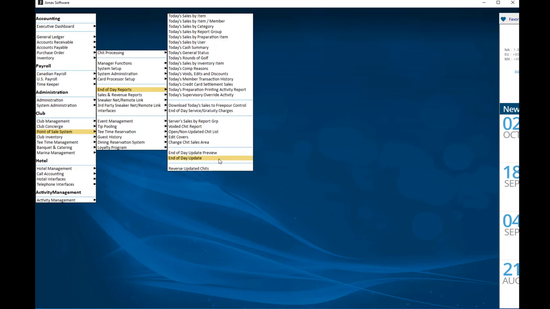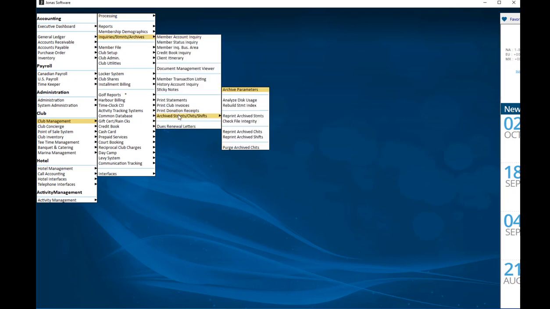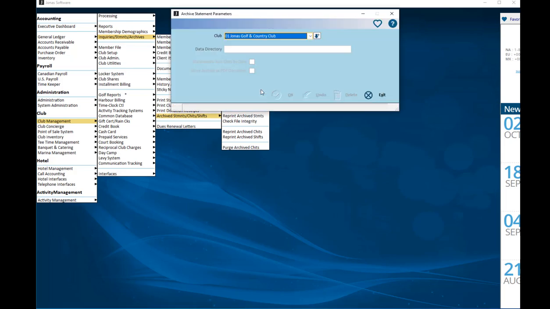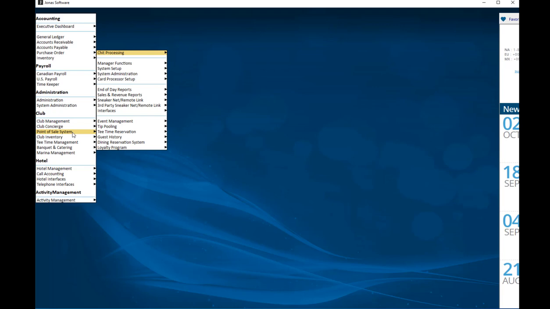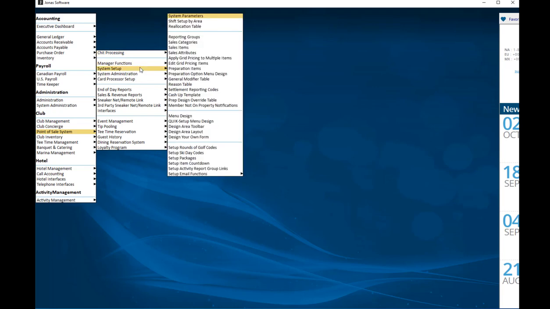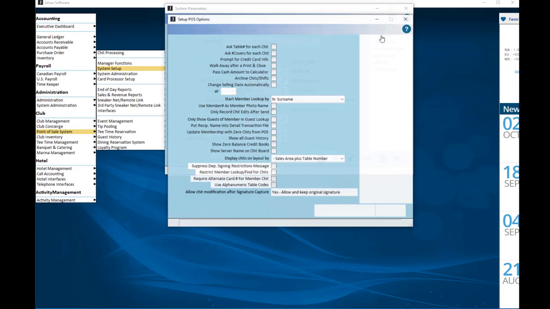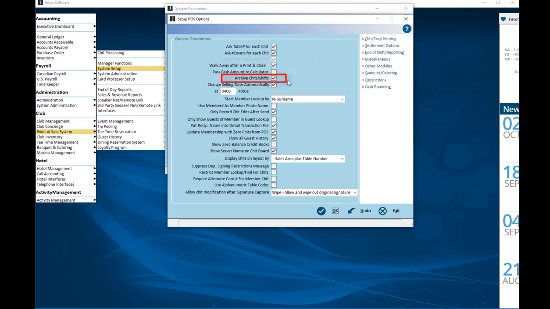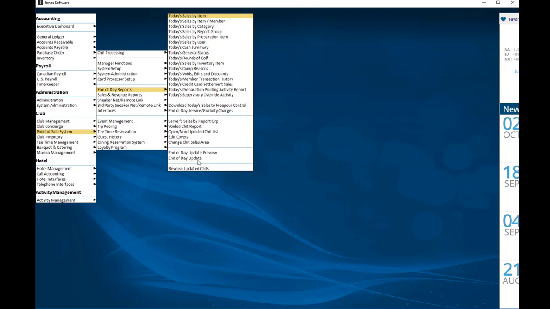To configure archiving of POS chits, the first step is to make sure the file path is established and all users have the ability to access it. This is the same step as step number 2 for member statements, previously stated in this video. Under the Point of Sale System, System Setup, System Parameters, Options, check the field Archive Club Chits to archive the POS chits. So now, whenever a POS chit is updated at the end of the day reporting, an image is saved in the format arcp